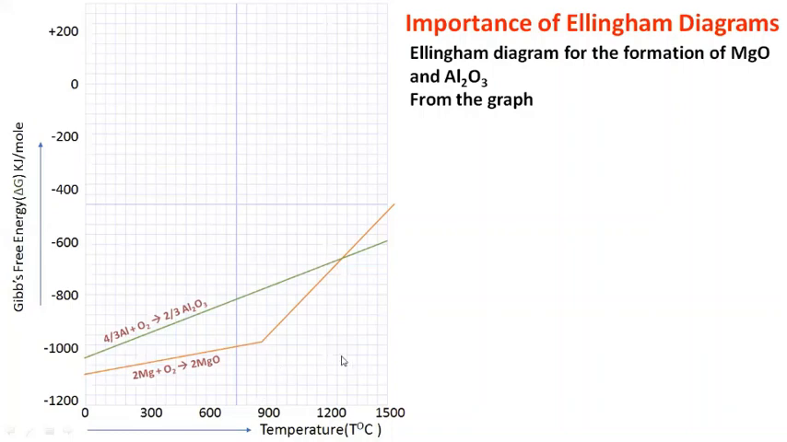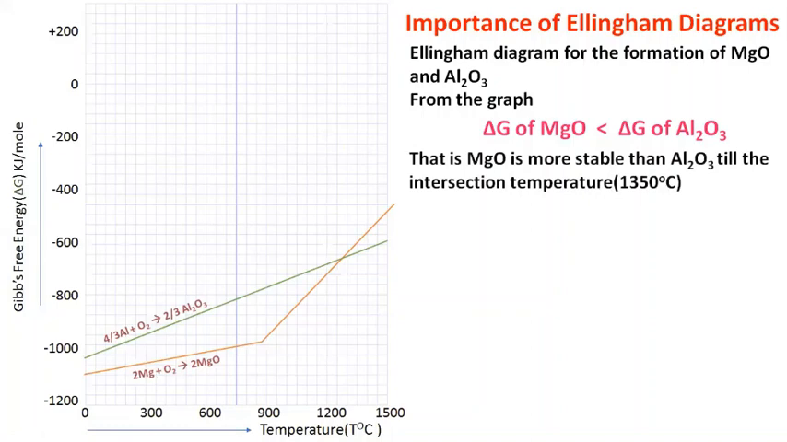Now, from the graph you can see that the delta G value of formation of magnesium oxide is less than that of aluminum oxide, because the delta G value of magnesium oxide is nearly around minus 1100 kilojoules per mole, whereas this is near 1000. Since the delta G value of magnesium oxide is less than that of aluminum oxide, magnesium oxide is more stable than aluminum oxide